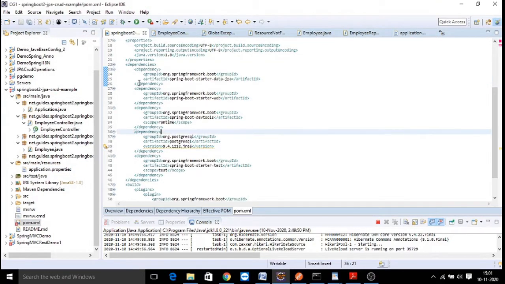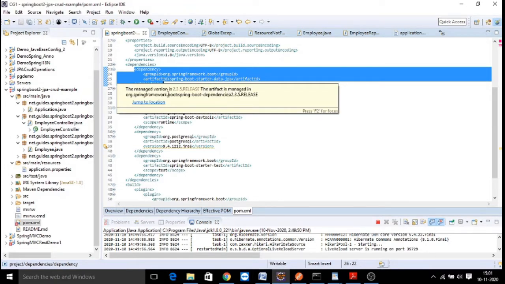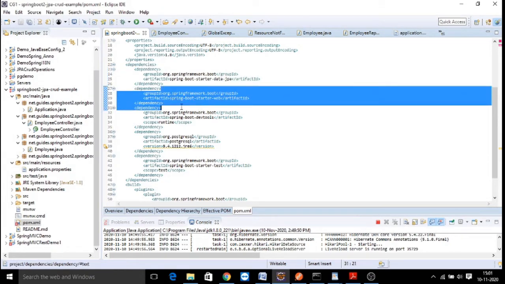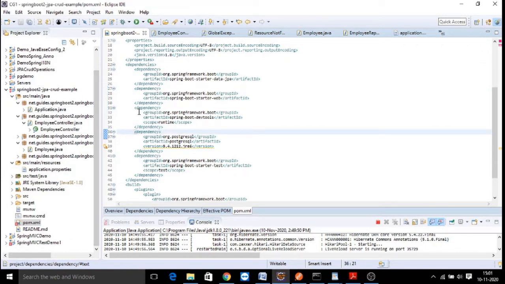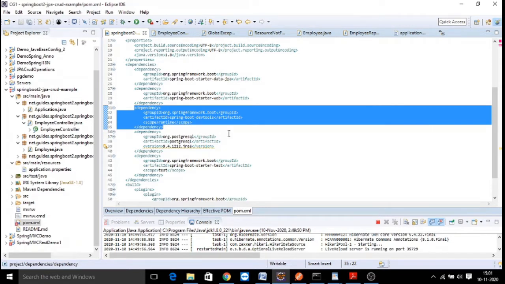In the pom.xml, we would be adding the new dependency called Spring Boot Starter Data JPA. Once we add it, we are able to integrate with the entity framework. And Spring Boot Starter Web is for your REST API development. And sometimes we also add another dependency called Spring Boot Dev Tools.